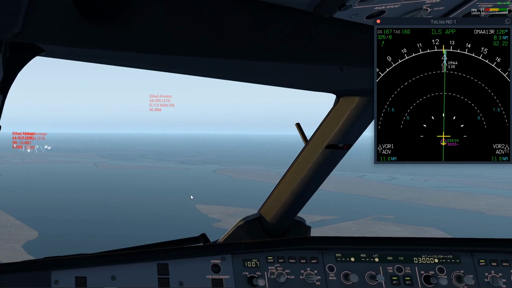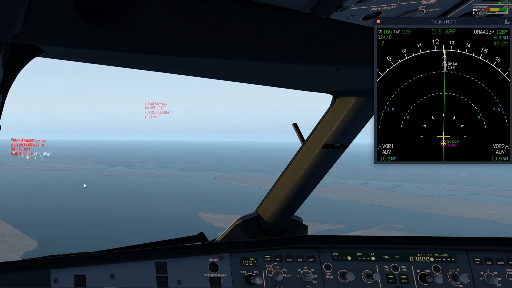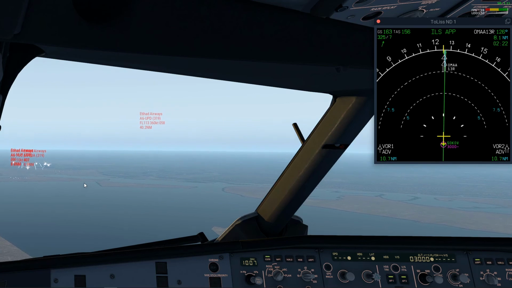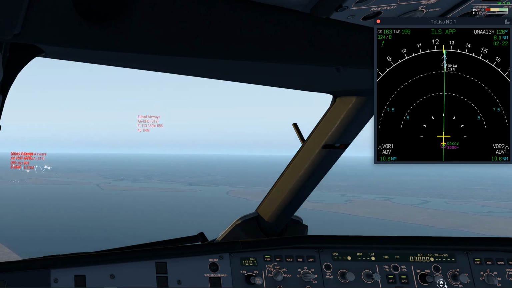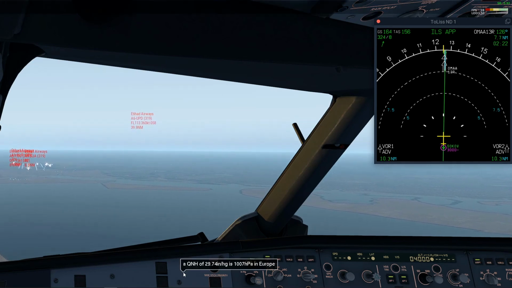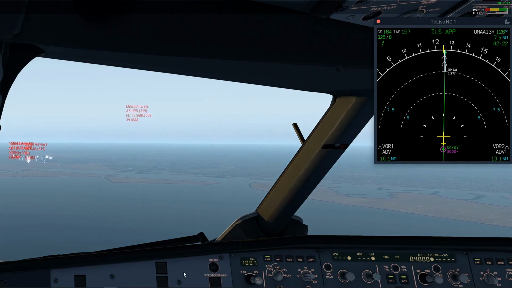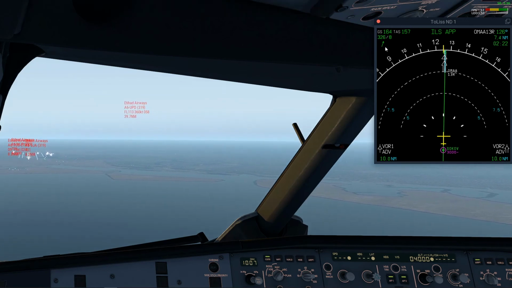Alright, that's just the effect of being zoomed in really far, sorry. It looks like we got a clear runway. If we don't, when we get to 250, then we'll fly the approach. We'll go up to 4,000 feet and do a missed approach. We'll grab the last little bit of weather. So the pressure hasn't changed any. And we can look here at